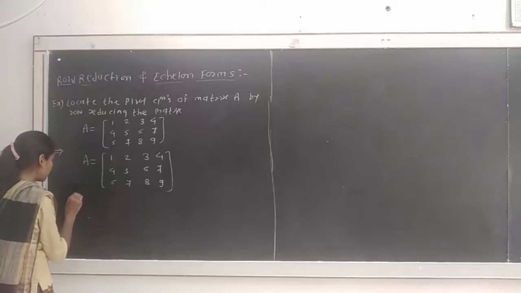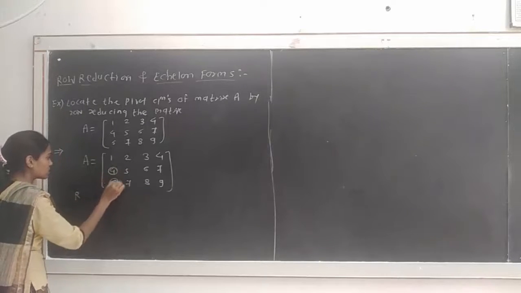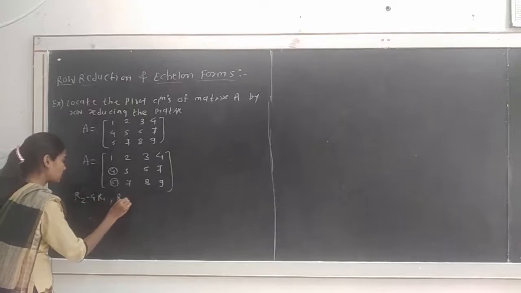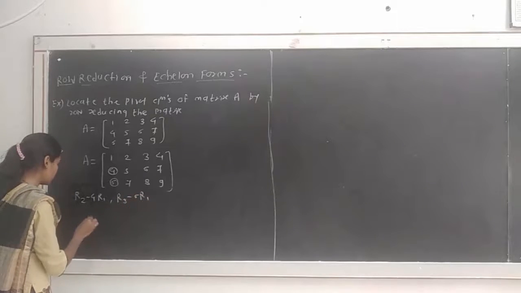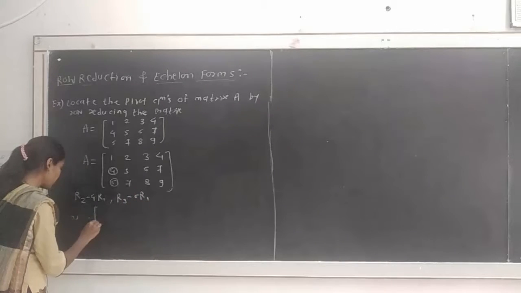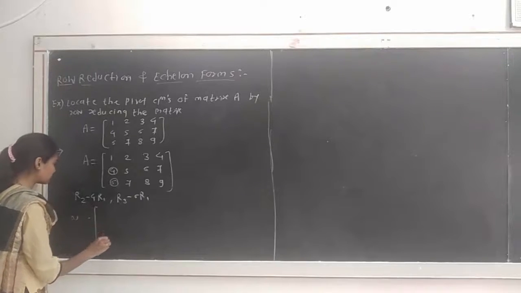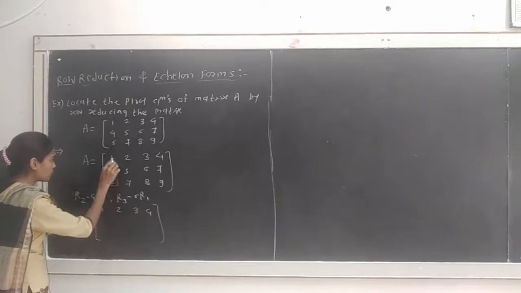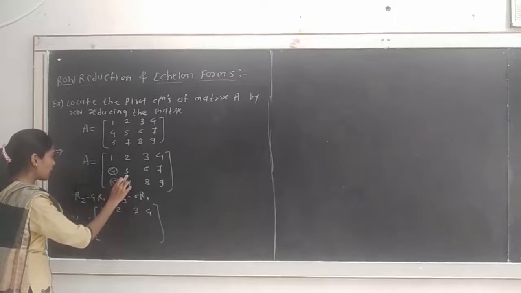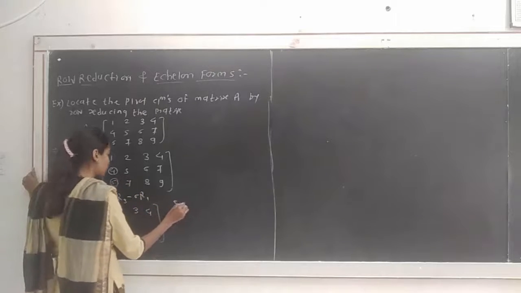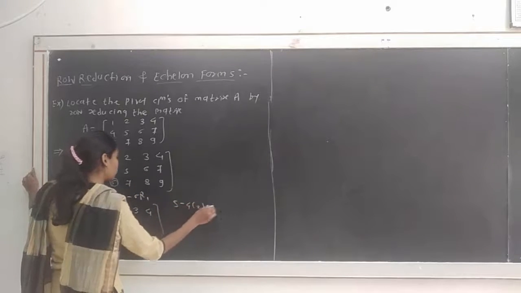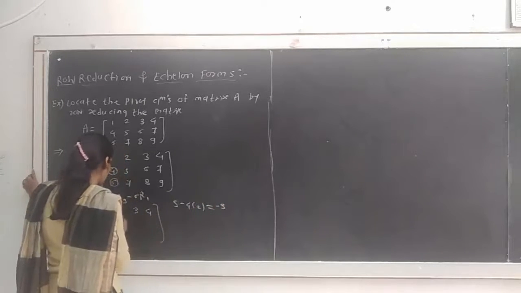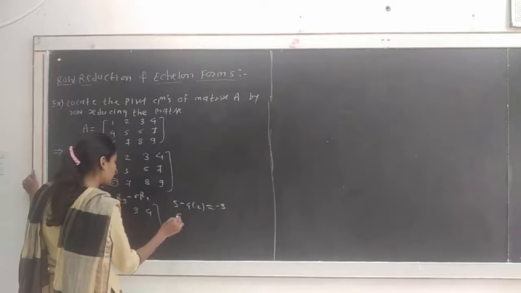Then here we apply the row operations for making this and this 0. So we apply R2 minus 4 R1, and next we apply R3 minus 6 R1. Okay, so by applying these row operations we get the new matrix. We write here, first row will be as it is, 1, 2, 3, 4. Then second row, 4 minus 4 into 1, we get here 0. Then 5 minus 4 into 2, 4 into 2 is 8, 5 minus 8, we get minus 3. Okay, so here will be minus 3, first we find all the entries.